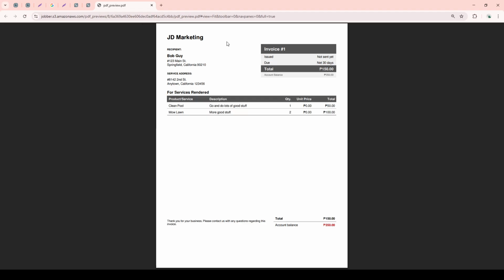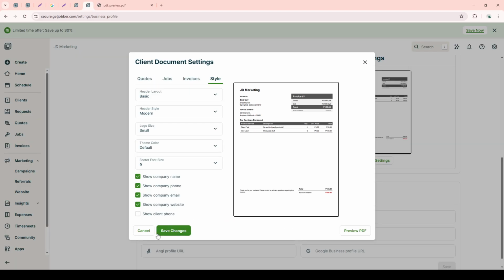by your clients. Additionally, take advantage of the preview option that Jobber provides. Previewing your changes before finalizing them is crucial. It helps you see exactly how your invoices will appear to your clients. If everything looks good and professional, go ahead and save your changes. And that's it. You've successfully edited your invoice template in Jobber, and your customized, professional-looking invoices are ready to be